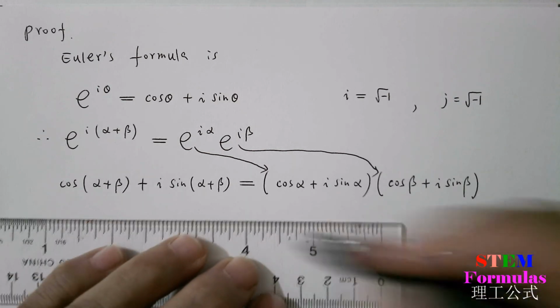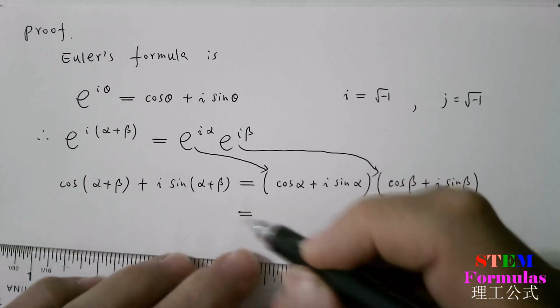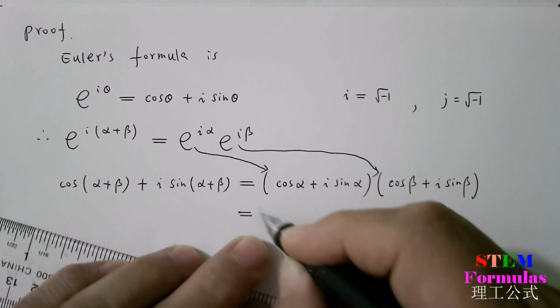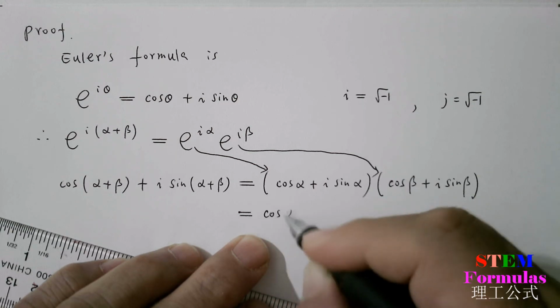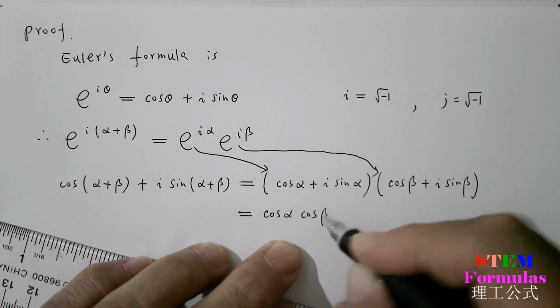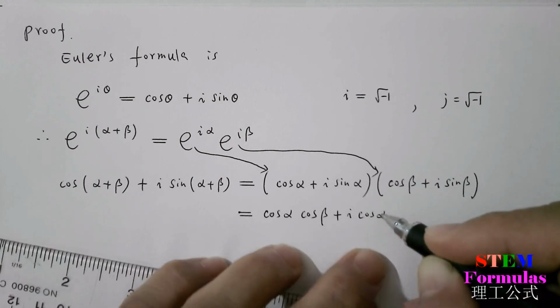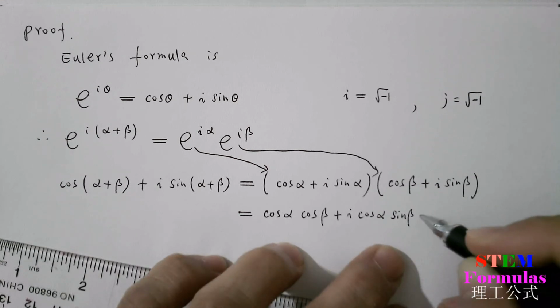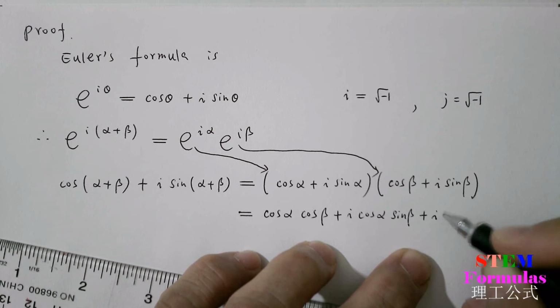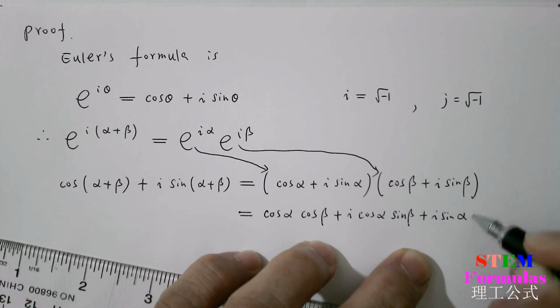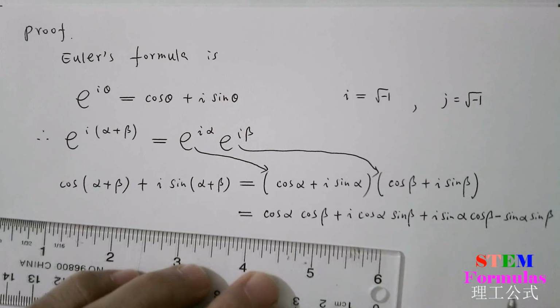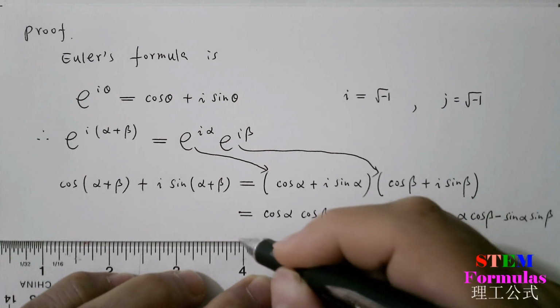Now, the right side I can perform further. I have cosine alpha cosine beta plus I cosine alpha sine beta plus I sine alpha cosine beta minus sine alpha sine beta. Then, next step,